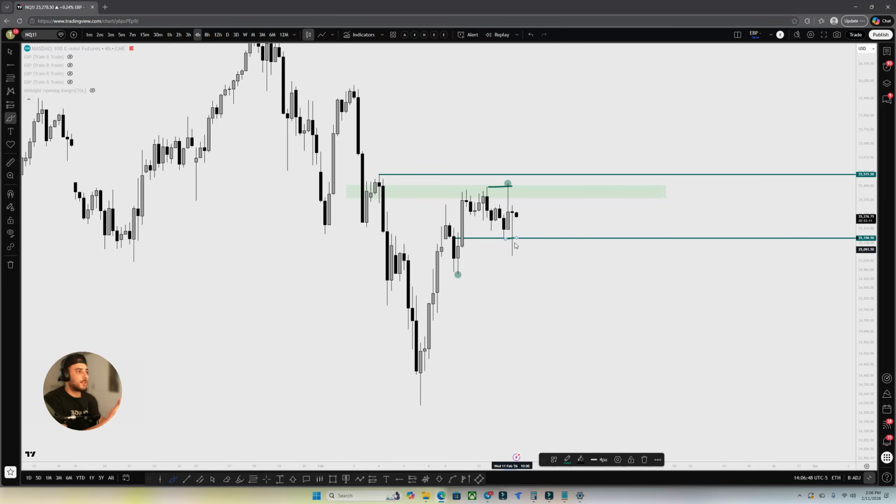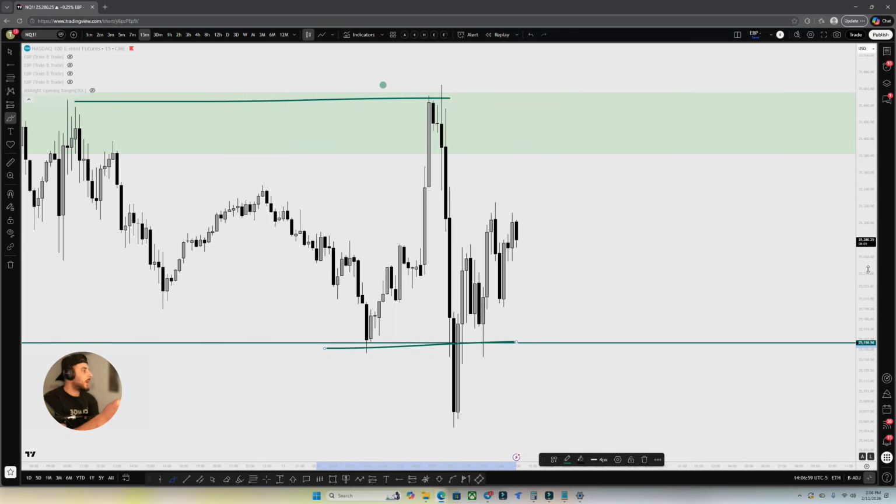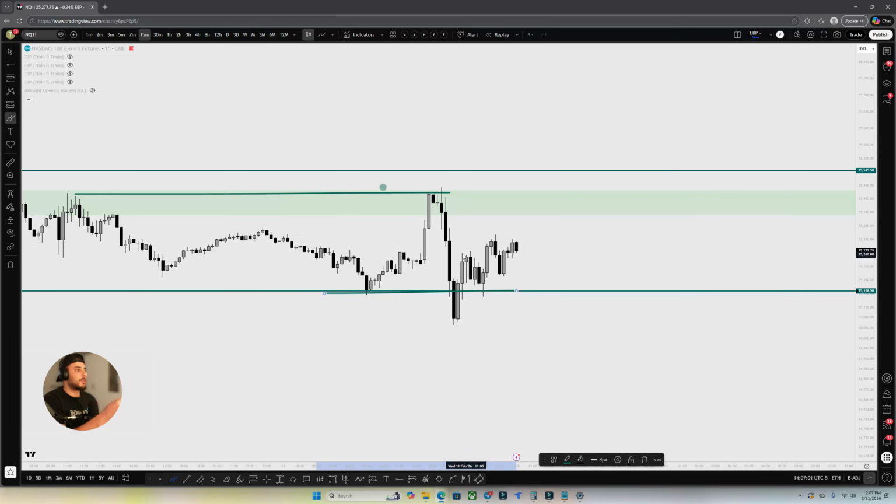The market pins a low and then we go back into the range. Trying to anticipate an entry or some setup in here is going to be very, very difficult. And the problem is this. Most people will then go on the 15-minute, they'll look at this and say, oh my God, look at this, let me go for longs. Or, oh my God, let me look for sells here because we're hitting this area, and then the market starts chopping around. And then they get frustrated.